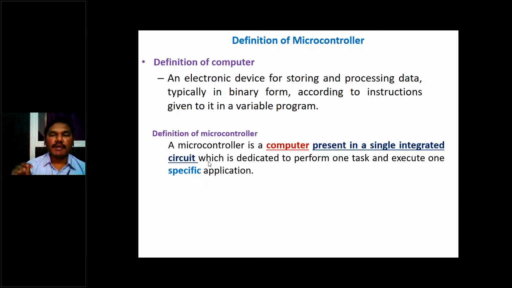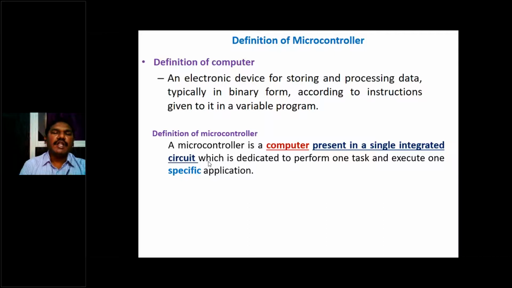A microcontroller is a computer present in a single integrated circuit. According to our views, computer means a desktop computer or a laptop computer. You know the size of the laptop and the desktop computer, but they have come up with one solution, and they fit this computer inside a small chip, almost half of our palm.